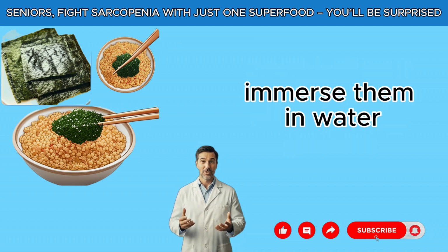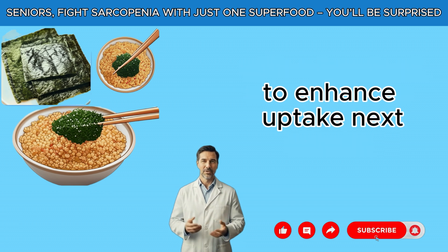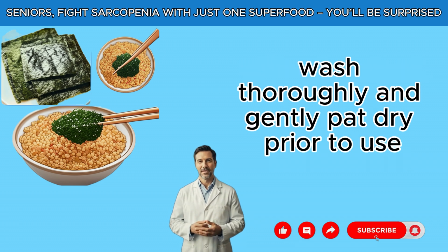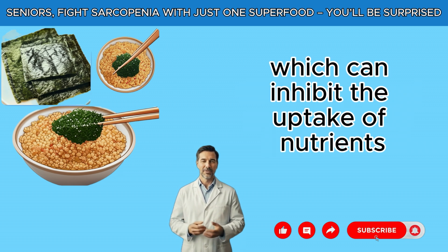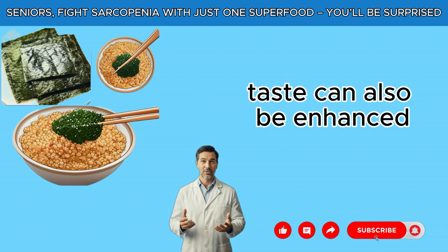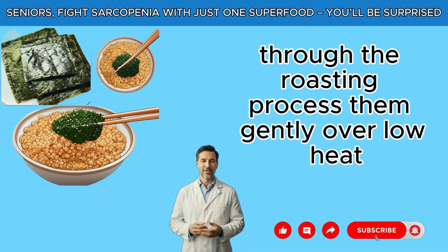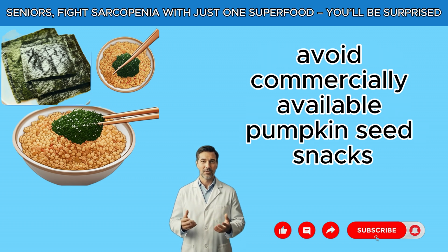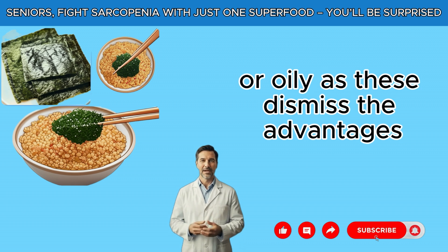Immerse them in water for the whole evening to enhance uptake. Next, wash thoroughly and gently pat dry prior to use. This reduces phytic acid, which can inhibit the uptake of nutrients. A luxurious earthy flavor can also be enhanced without depleting the essential nutrients through the roasting process, gently over low heat. Avoid commercially available pumpkin seed snacks that are excessively flavored or oily, as these dismiss the advantages